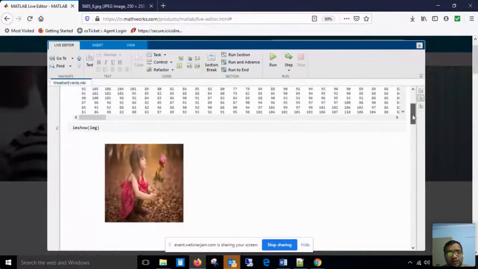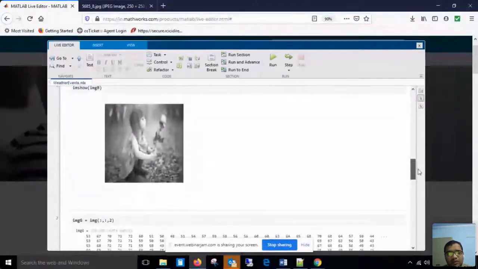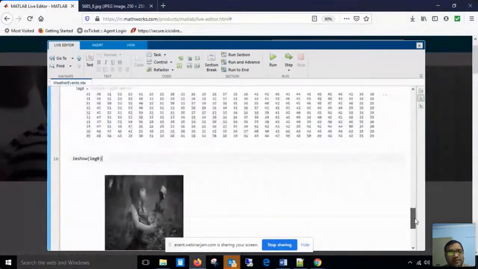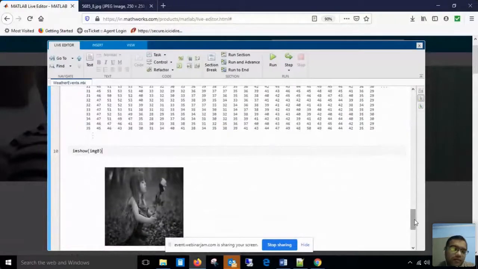So if you go through the output, this is a color image, but when I go through an individual color component, whether it is red, green or blue, then I can see that there is no color available in this. Why? Because there is no third dimension. So these are typical monochrome images or grayscale images. Grayscale images means the values will range from 0 to L minus 1. So in these images, L is 256.